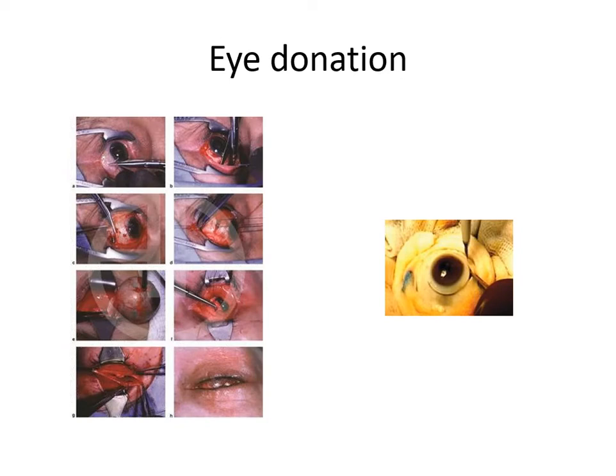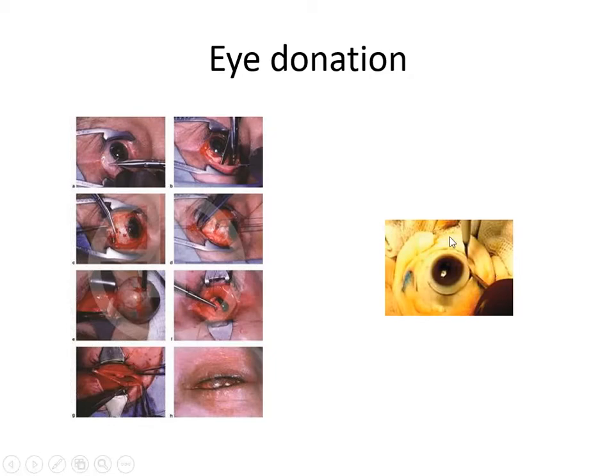The disadvantage of removing the whole eyeball is you have to use the cornea within 24 hours only. You can store it in the deep chamber of the refrigerator for 24 hours only. Within 24 hours, you should have a recipient in which you can use these 2 corneas. Okay, that's the disadvantage of removing the whole eyeball and storing it in the deep freezer of the refrigerator.